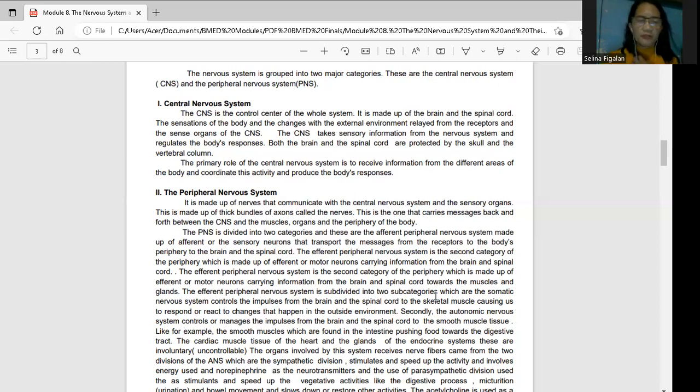Okay, and even our glands. Diba, for example, the lacrimal glands, which is responsible para mag-produce ng luha. Okay, the efferent peripheral nervous system, under the motor neurons, is categorized into two. So these are the somatic nervous system, and then the other one, which is what we call the autonomic nervous system. When you say somatic nervous system, that is under the efferent, which is under the motor neuron, okay, controls the impulses from the brain and the spinal cord to the skeletal muscle. So yung skeletal muscle, that is under the voluntary. Okay, so magre-react lang ang ating skeletal muscle if we do something. That is under the somatic